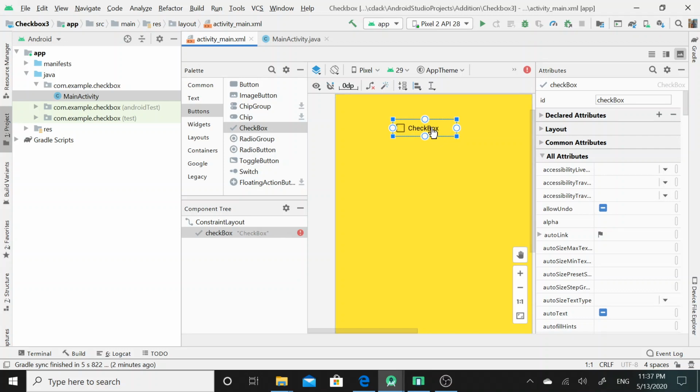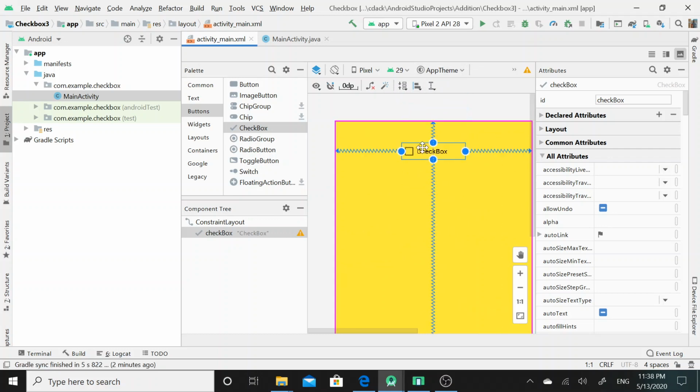Then I need to fix its position on screen. For that purpose, I will click on Align and select horizontally. Then again I will click on Align and select vertically. So the position of this checkbox vertically as well as horizontally has been set.